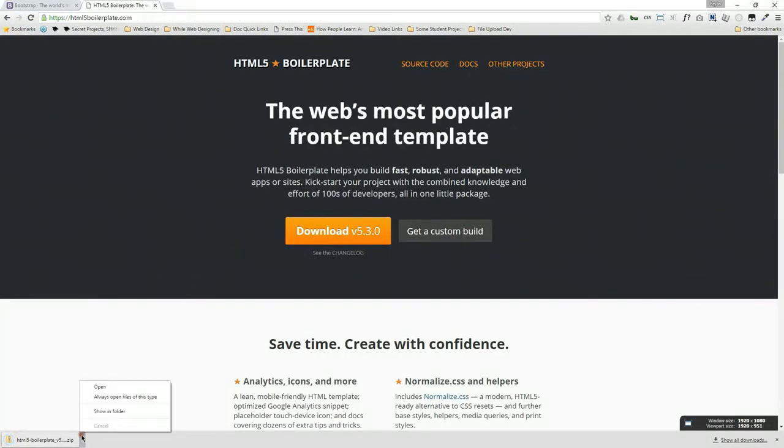So here we go. Let's just download this for a second. We'll just download the default one, just so we can take a look at the code that's underneath it. So as you can imagine, when you're actually in the industry, or even, actually before I go into this in full,